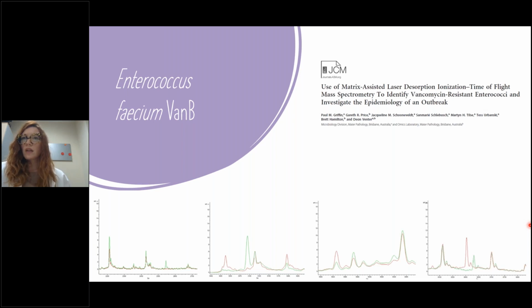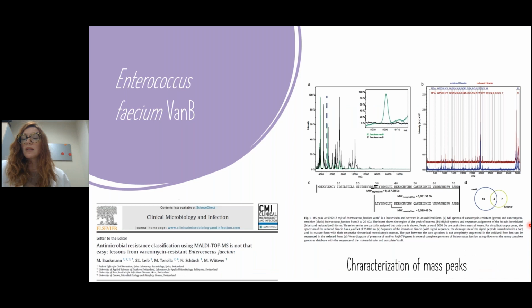We have also another approach. In this case, Paul Griffin tried to detect Enterococcus faecium VanB producing, measuring the difference in the mass peaks in the bacteria, and it gave good results. However,